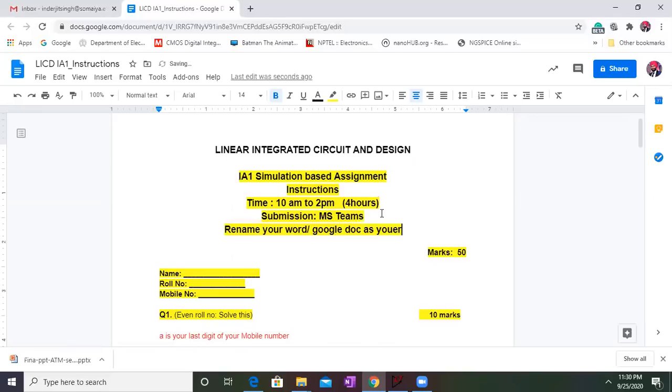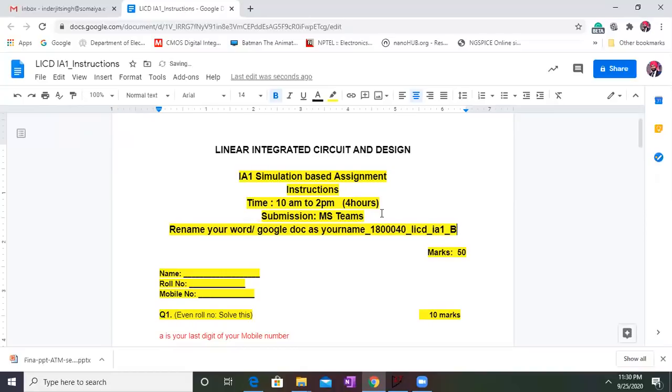Your name will come first, then an underscore, then your roll number. So let's say my roll number is 18000040, and then your LICD IA1. Like this. And you can also add at the last your B division or A division.